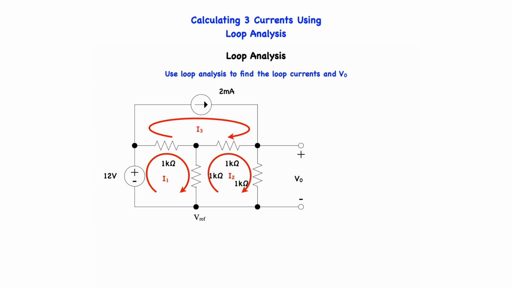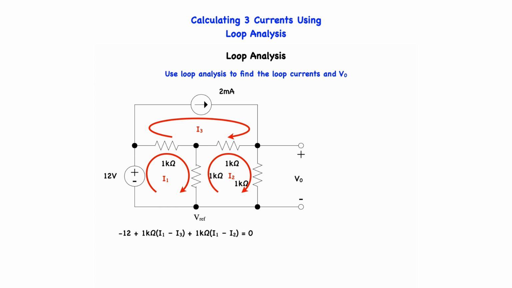The equations for the loop currents are obtained by employing Kirchhoff's voltage law. Remember that each term in the equation is a voltage. For the loop labeled I1, the Kirchhoff's voltage law equation is minus 12 plus 1 k-ohm times the quantity I1 minus I3 plus 1 k-ohm times the quantity I1 minus I2